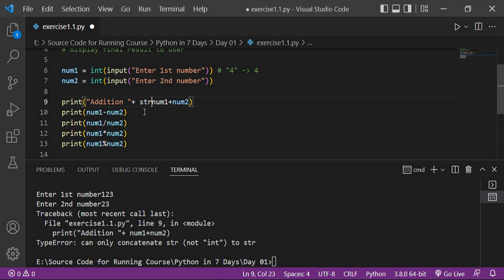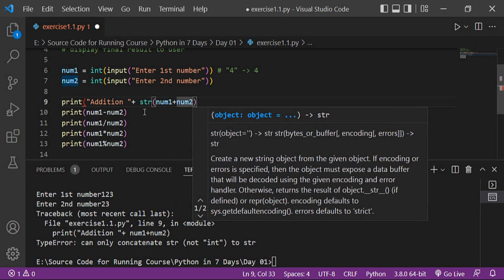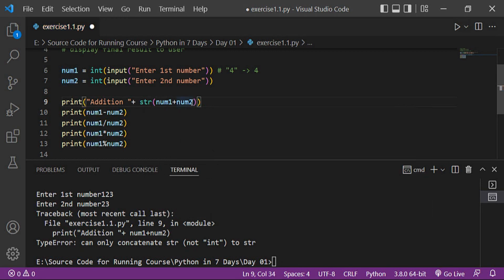That is why I use the str method that converts this integer to str. You cannot concatenate a string with a number or integer. That is why I convert the integer to a string, then it becomes a string, and this is also a string. Now